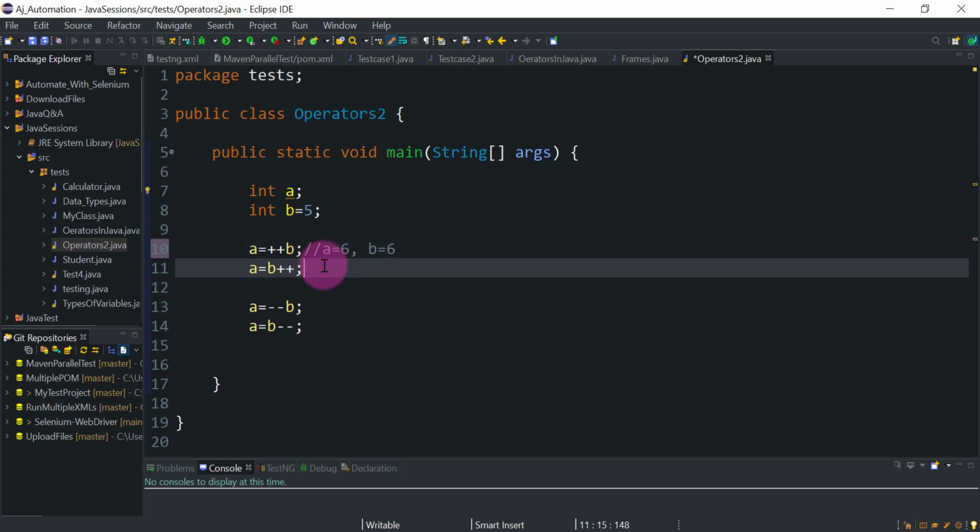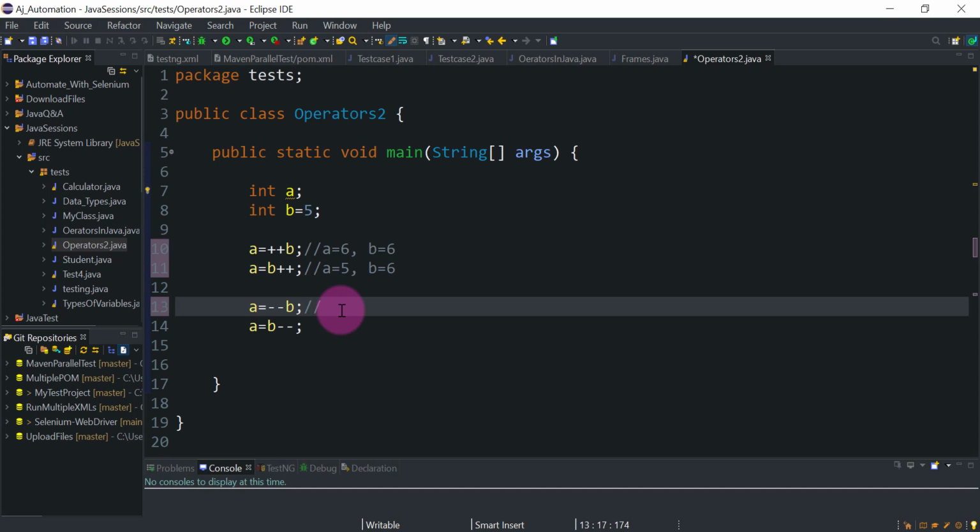Now for this expression, what will be the value of a? Here the variable b value will be assigned to a first and then that value will be incremented. So initial value of b is 5, so a will be 5, right? Initial value, and then b is incrementing, so b value will be 6. Now for this, the value of b will be pre-decremented, meaning it is decremented first and then that will be assigned to a.